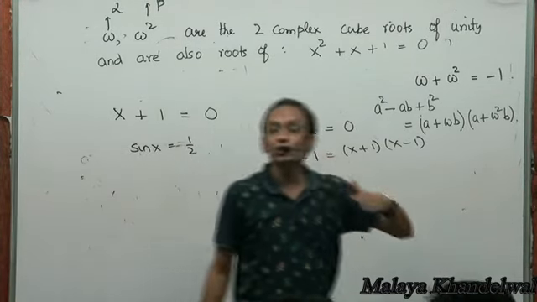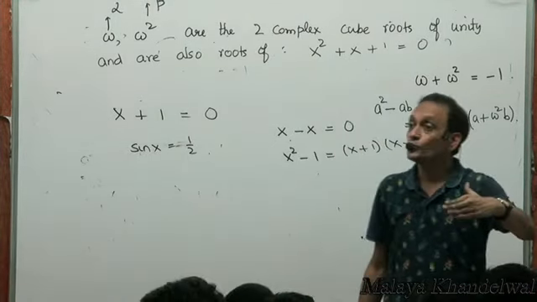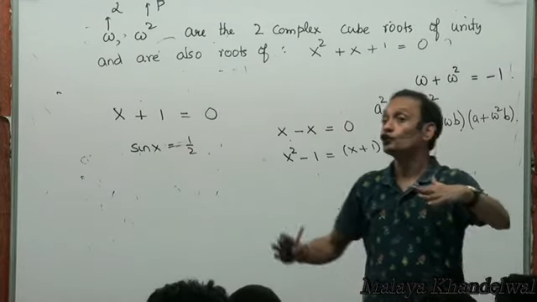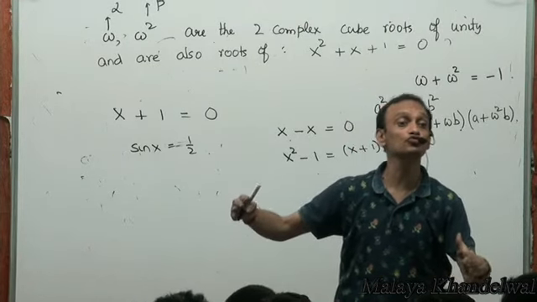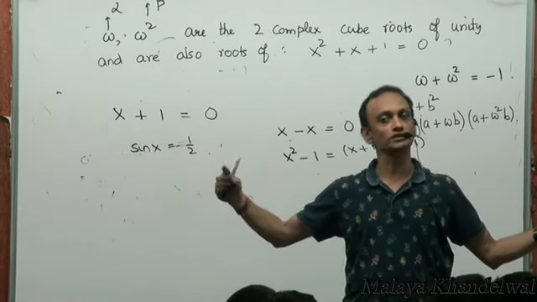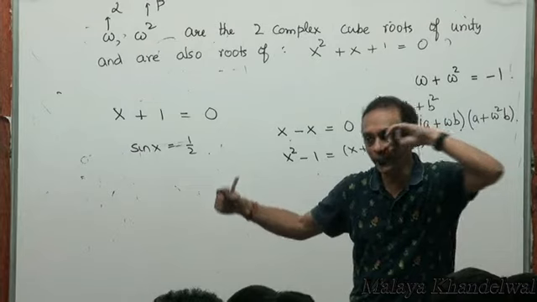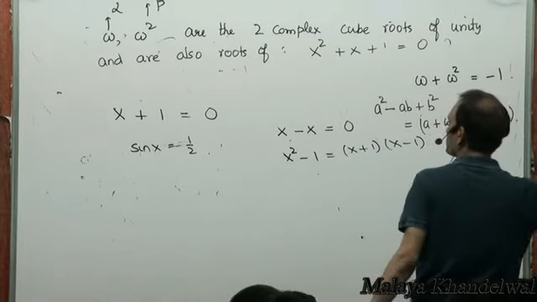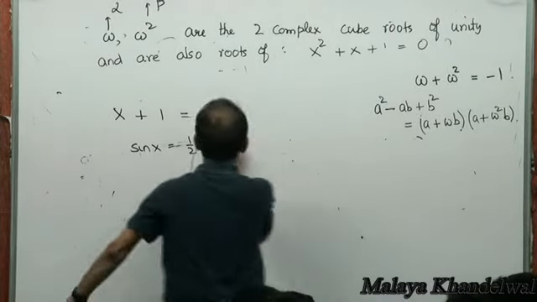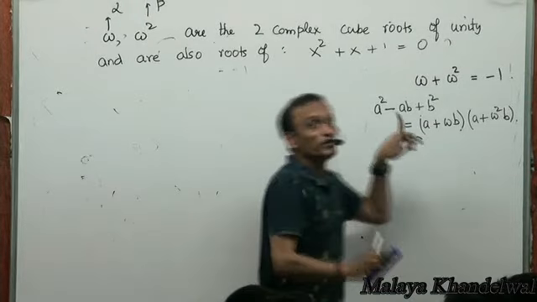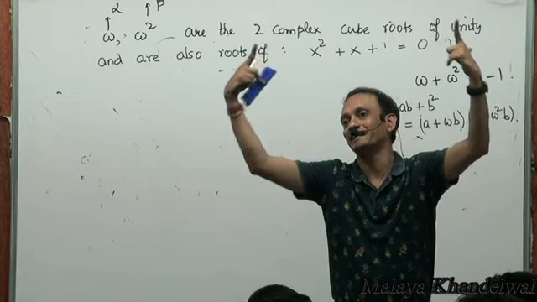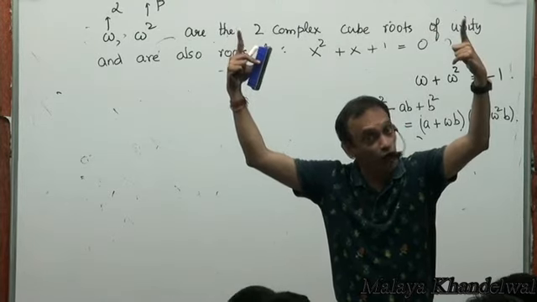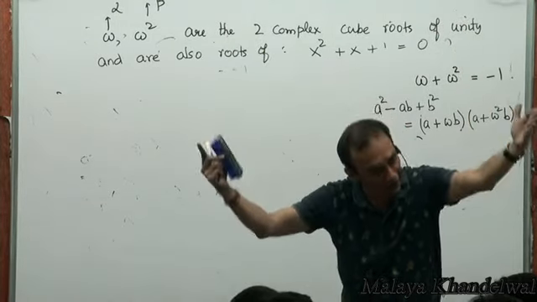So an equation is a statement which is true not for all values of x. An identity is a statement which is true for all values of x. That's the difference. Got me? Now, in that context, if you factorize something, you are actually producing an identity. If you factorize something, you're not producing an equation, you are producing an identity.